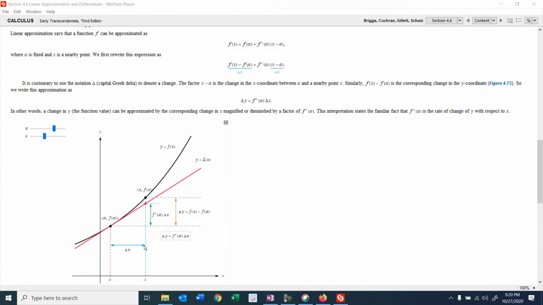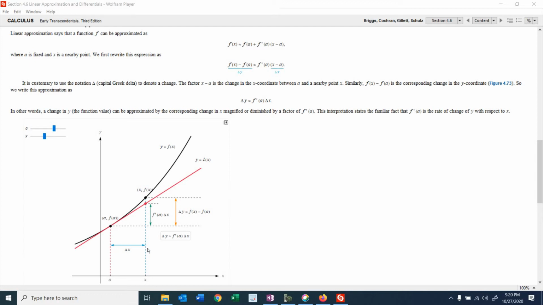So notice that as I make this change in the x value, which we're going to call delta x, we get this change in the y value, we're going to call delta y. And the change in the y value would be the distance from f of x, which is right here, to f of a, which is down here. Okay, so delta y is f of x minus f of a. By the way, delta means a change in, so this is a change in y, right? The change in the y is f of x minus f of a